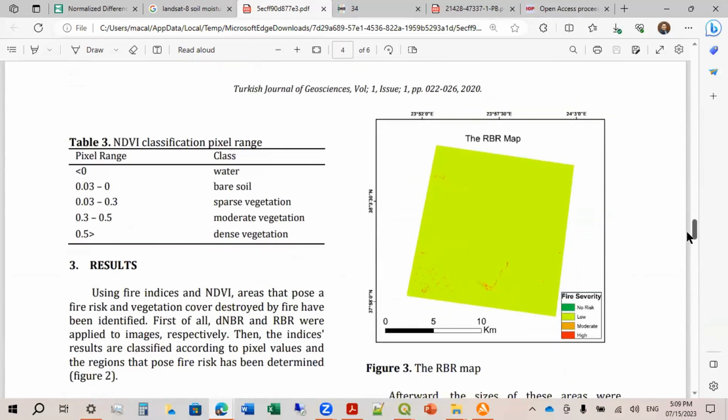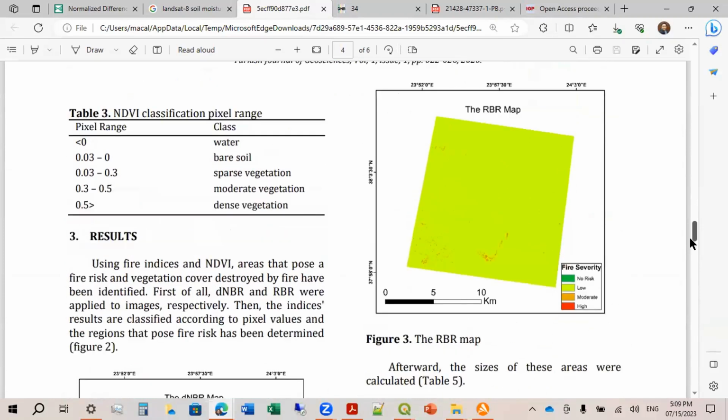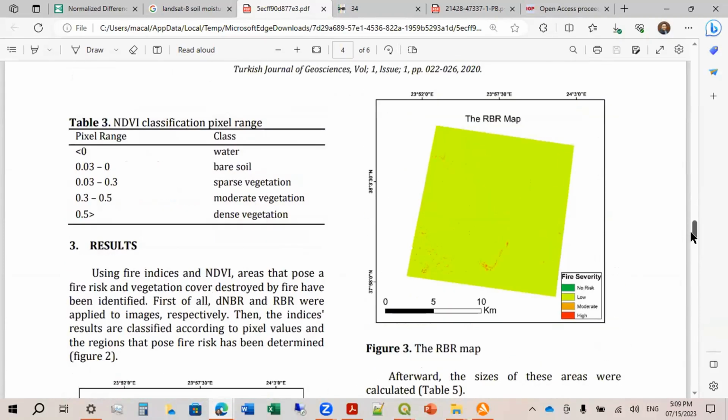What's important here is how he used the value of NDVI to classify certain pixels. Here we're going to use this one. For negative values, it is classified as water. 0.03 to 0 is bare soil. And then 0.03 to 0.3 is sparse vegetation. 0.3 to 0.5 is moderate vegetation. And then 0.5 and above is dense vegetation.